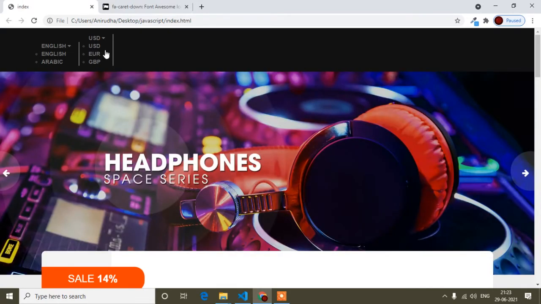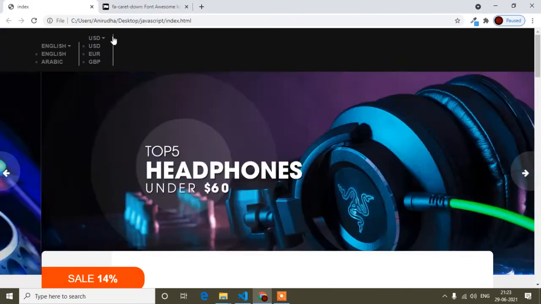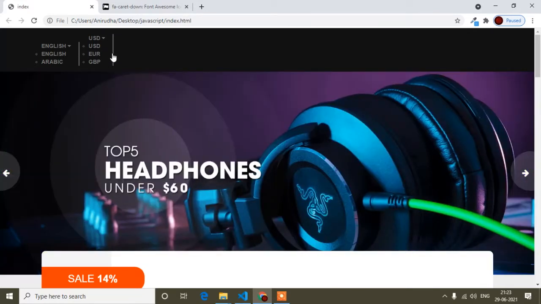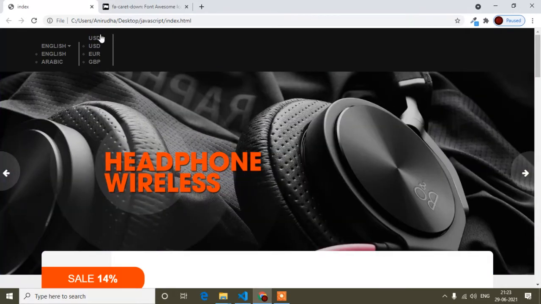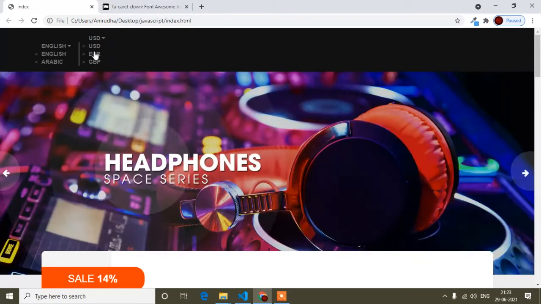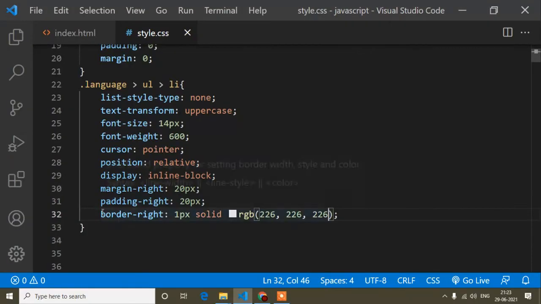And here you can see the first li tag, the border is added, and the second li tag also has the border added, but I want to remove it for this second li tag. Second means the last li tag, this one. From the last li tag I want to remove this border right, which I have added, so that I show it only on the first li tag, not the last. So what can I do right here.